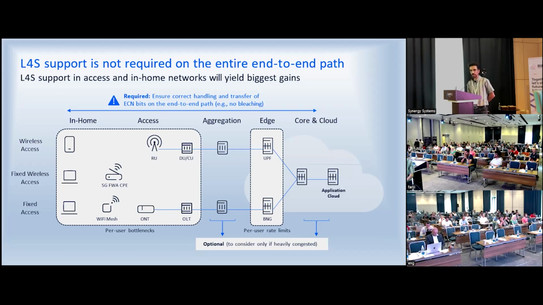It's not like other protocols or programs that are required on the entire path. You see some of the components where you can use L4S support. Overall, if you plan accordingly,